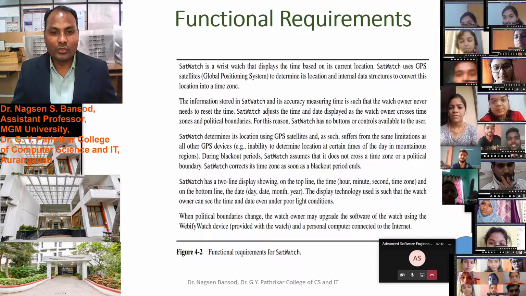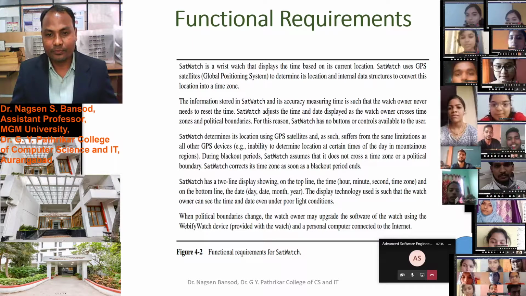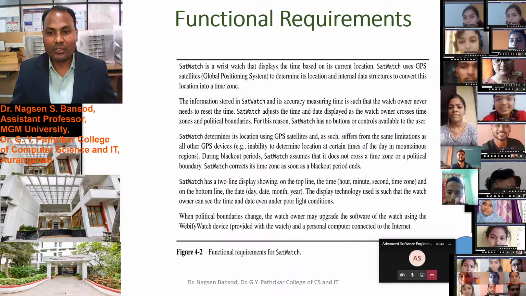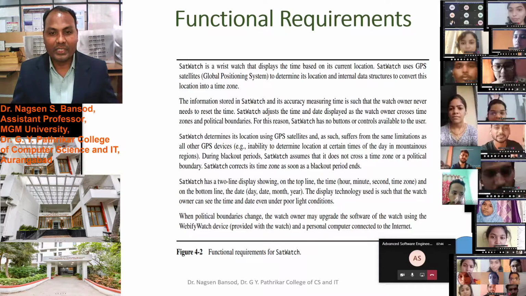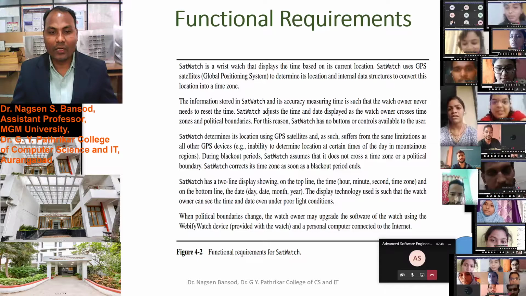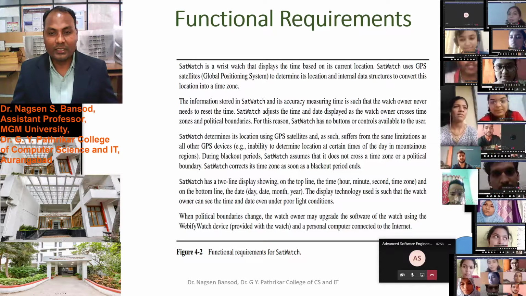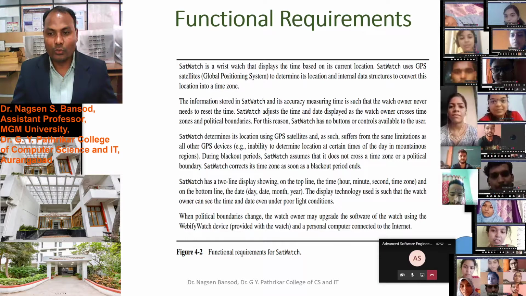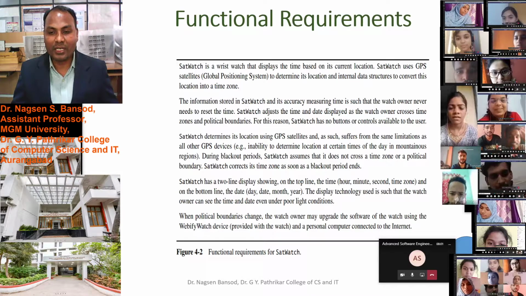The information stored in Satwatch and its accuracy measure time in such a way that the watch owner never needs to reset the time. Satwatch adjusts the time and date displayed as the watch owner crosses time zone political boundaries. For this reason, Satwatch has no button or control available to the user. This is the functional requirement of the satellite watch.